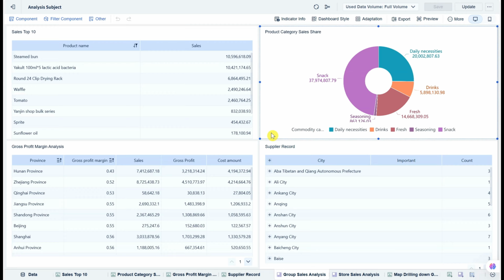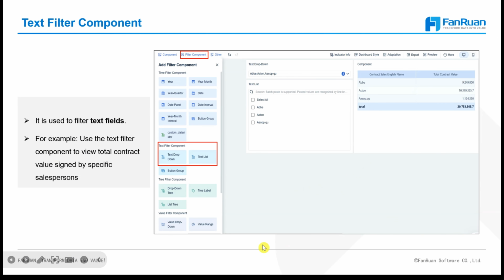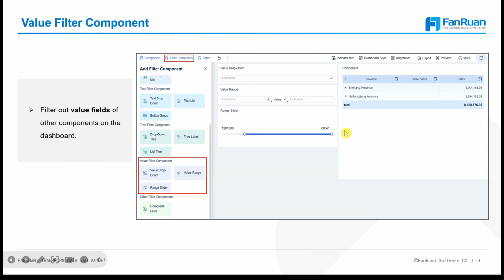Now let's take a closer look at filtering at the dashboard level. The first option is the time filter component, which allows us to filter by year, month, quarter, including specific dates or date ranges. We can make different selections based on the effect we want to achieve. We can also apply text filtering, where we can set up a text drop-down or text list to choose specific values. There is tree filtering, which displays fields with hierarchical relationships. You can choose from drop-down tree, tree label, or list tree. Additionally, we can set up a value filter component, which can be configured as a value drop-down, value range, or